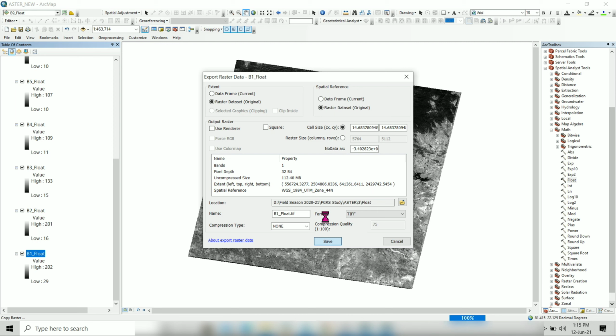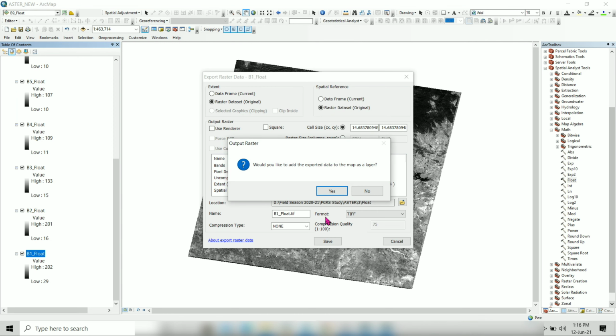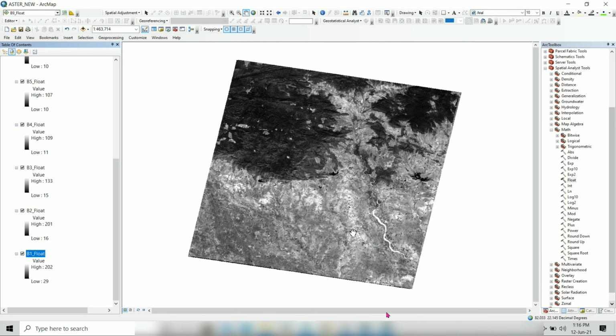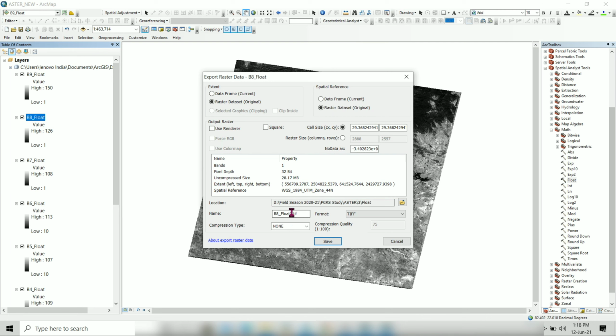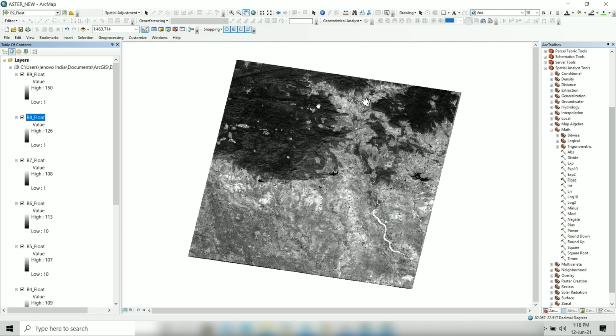After adding the specific folder, now click Save. In a similar way we have to do it for all the 9 bands. And here I am doing it for band 9.